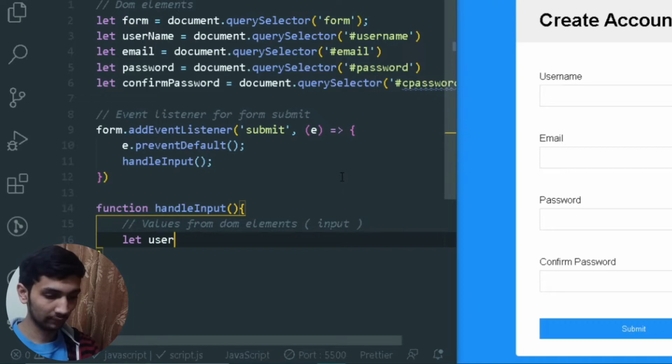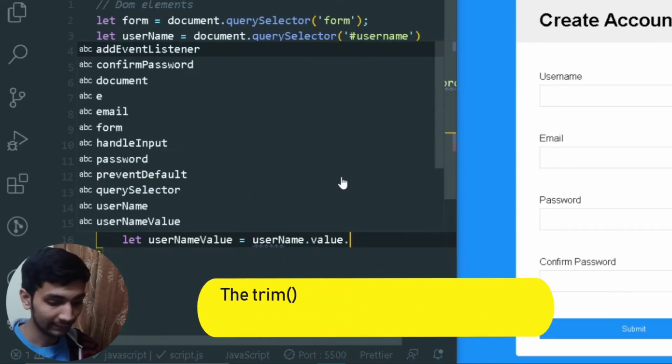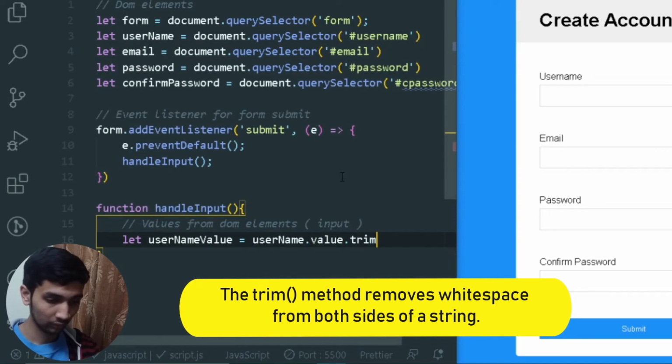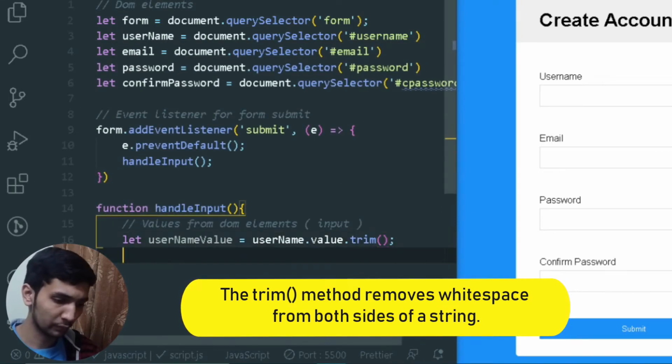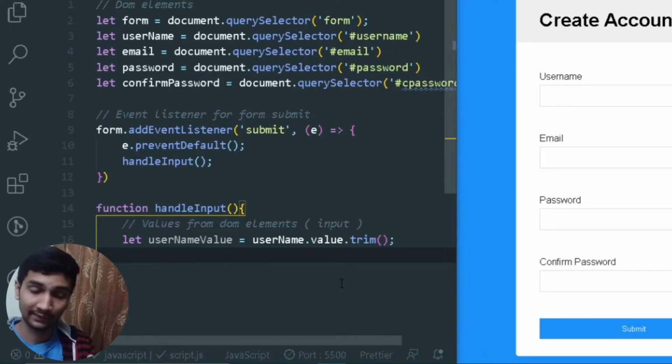So again username, not username same variable but username value. So we want username.value, not node value but value, and we want to trim it. So basically here we are getting value from username and we are trimming it because we don't want extra spaces. Now same thing 3 more times,